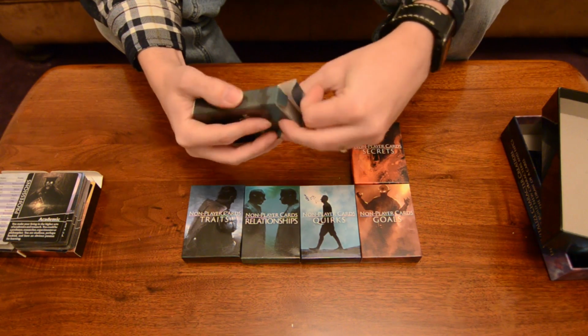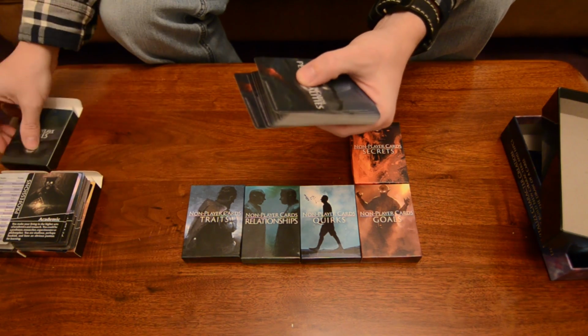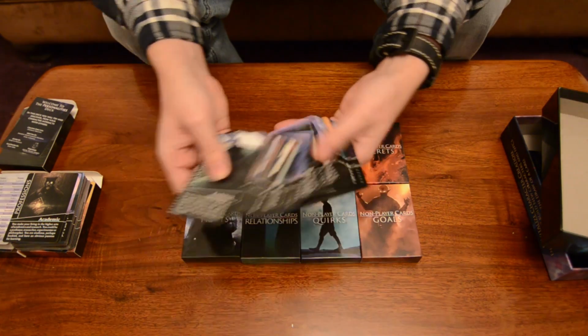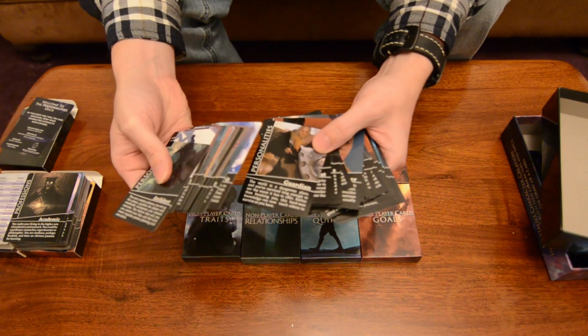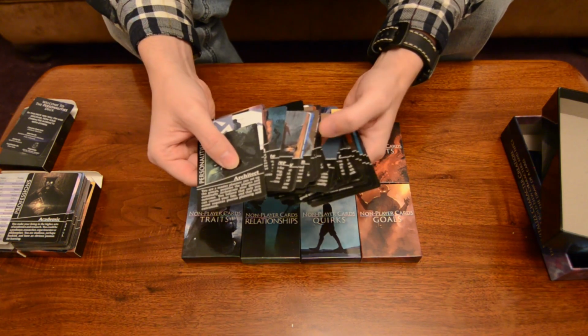Personalities. Each one of these are 50 card decks, if I remember correctly. Again, your explainer card. Going through, same deal, unique artwork. Every single card, very pretty, very nice to go through, and this is what I really enjoy about the set